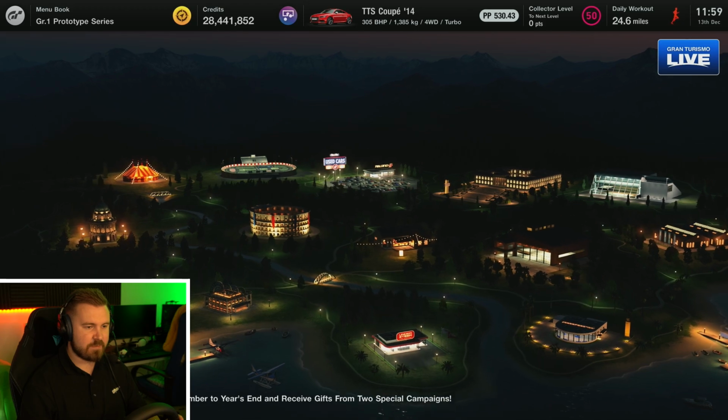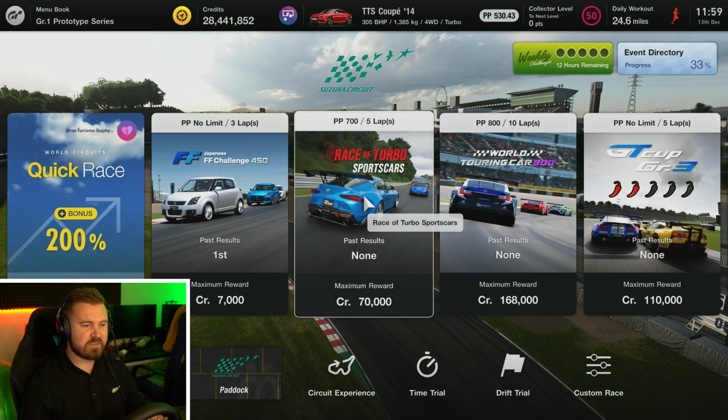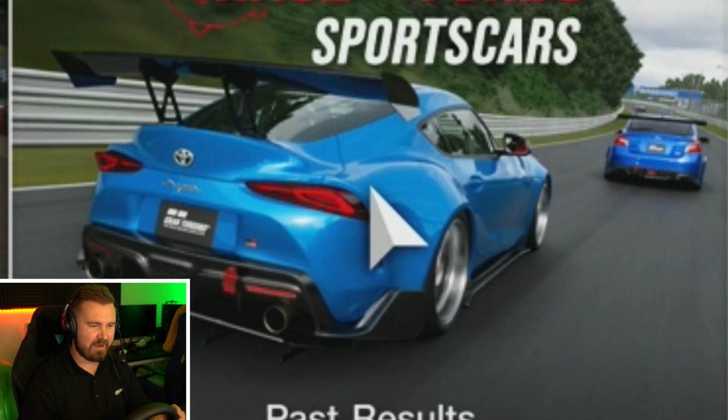The race at hand takes place at Suzuka. I've been spending a lot of time at Suzuka recently, still trying to beat that Group 1 race that you would have seen in this previous video. And it's this one, the Race of Turbo Sportscars. Now I saw the picture of the lovely Supra there with its big wing, and all I could hear was just turbo whistling and just pops and crackles and bangs,